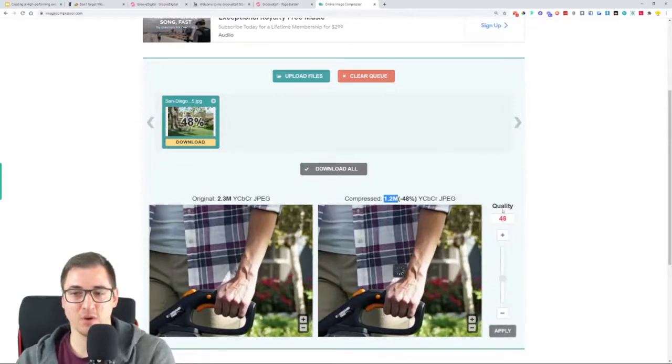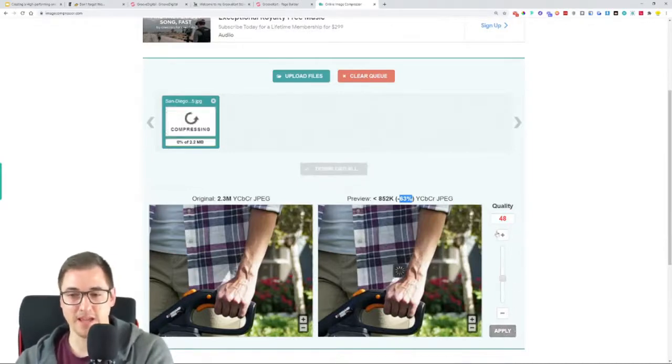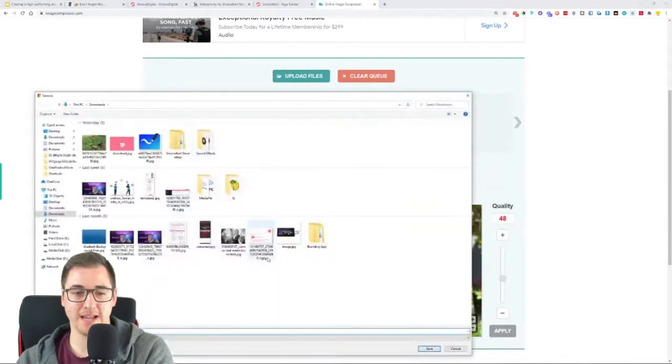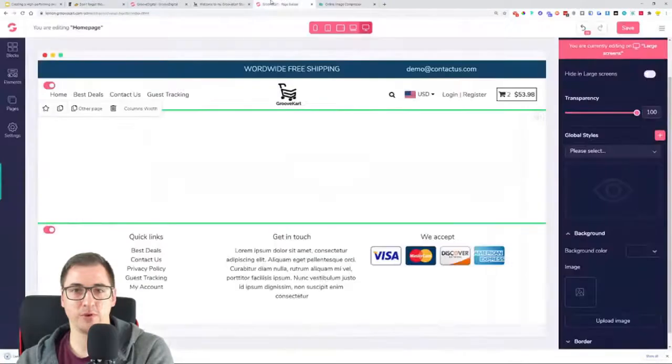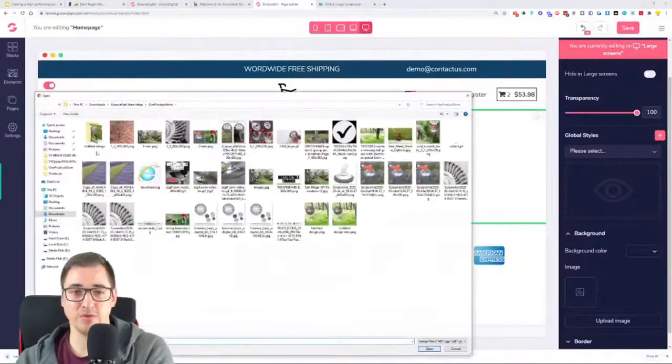You just decrease the quality of the image, then you'll see here that it's now 856 kilobytes, or 63% smaller than before. So you can just click the apply in case you adjusted it over here, and once it's finished, you can just click the download button. I'll just download it into my downloads folder, and this is the image I will be using